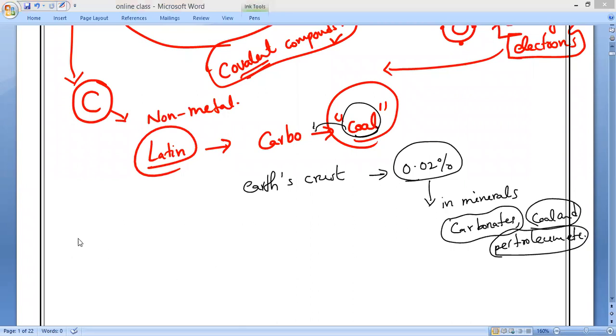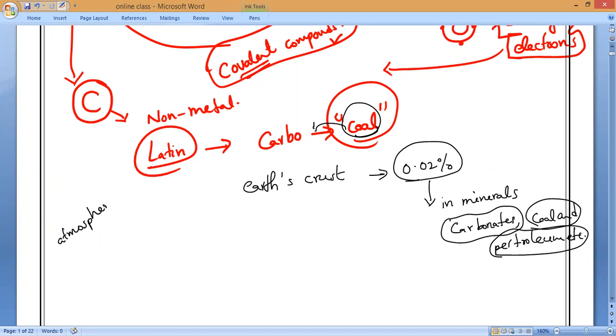And if it comes to the atmosphere, what is the percentage of carbon? Anybody can tell? It has only how much percentage? 0.03 percent. That is also in the form of what? Not free state. What state? Anybody can tell? Carbon dioxide. In the form of carbon dioxide, it is present in 0.03